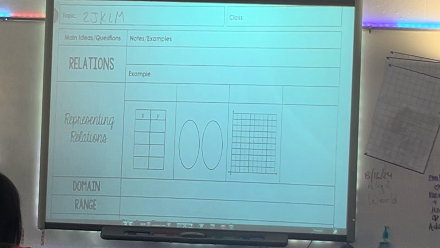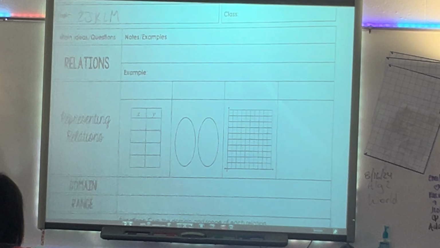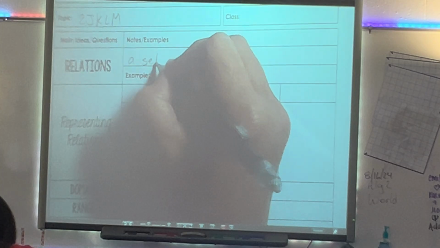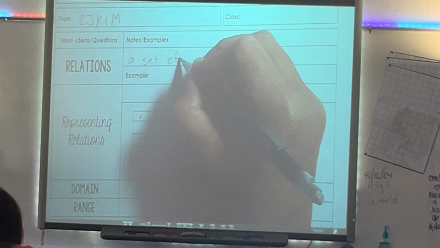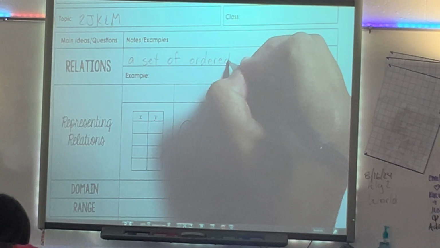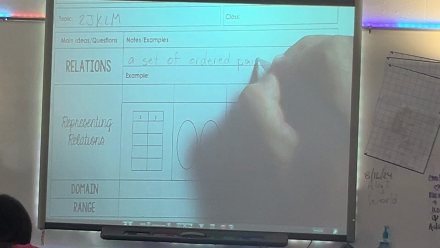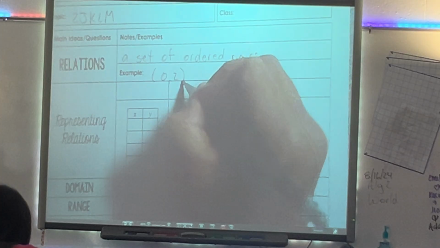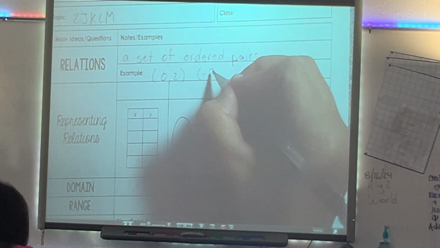We're just gonna kind of review relation, function, stuff. It's pretty basic for you, so you remember a relation is just a set of ordered pairs. So obviously I can do (0, 2),